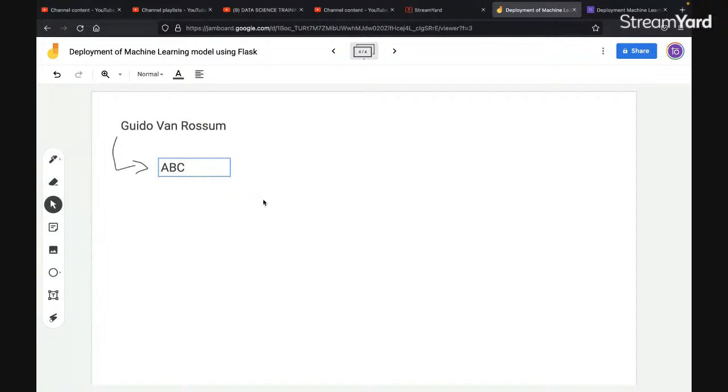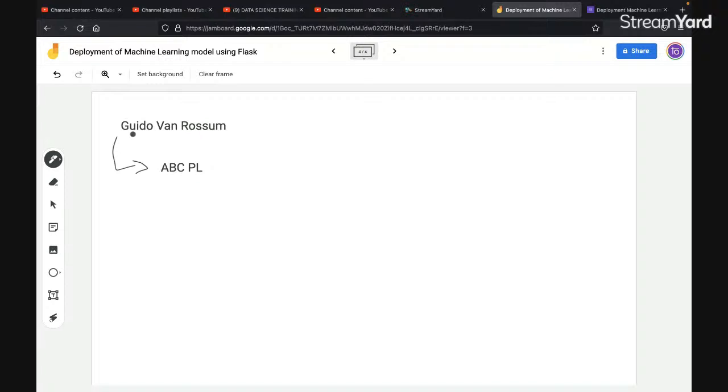Always remember this because this is theoretical and could be asked in an interview as well. So he was working on the ABC programming language, and he found out that ABC is very easy to understand. When we say easy to understand, that means a user can interact with the language. It is a high-level programming language that a user can work with. However, the ABC programming language had a lot of cons.